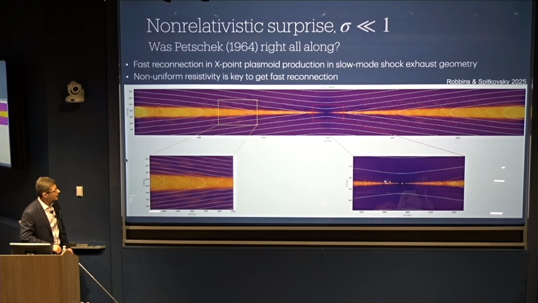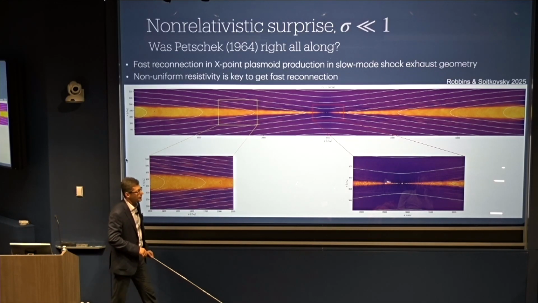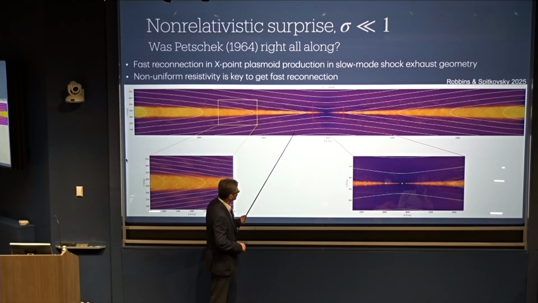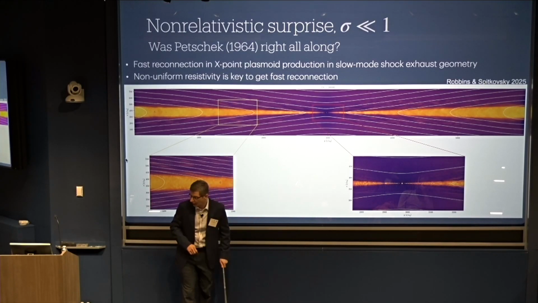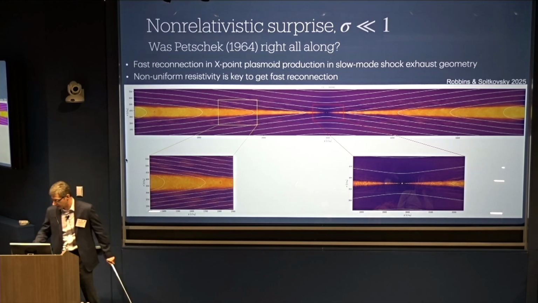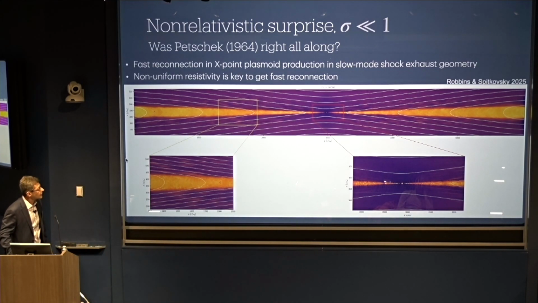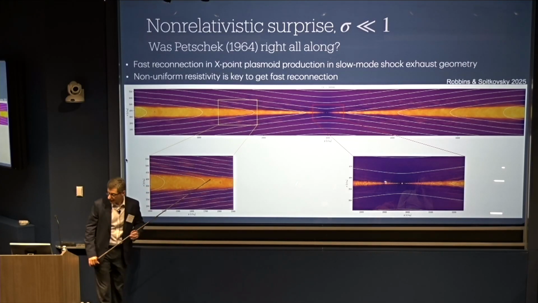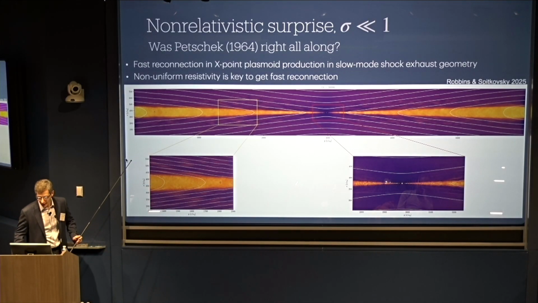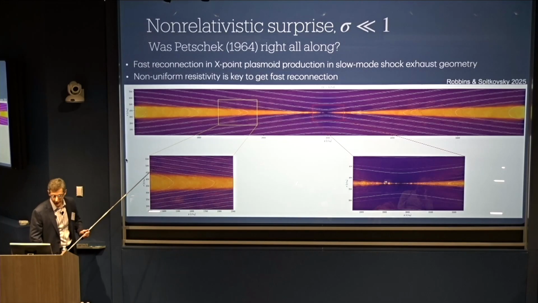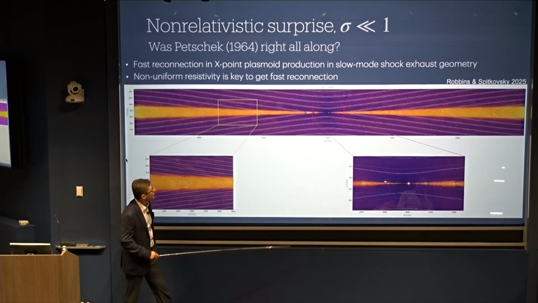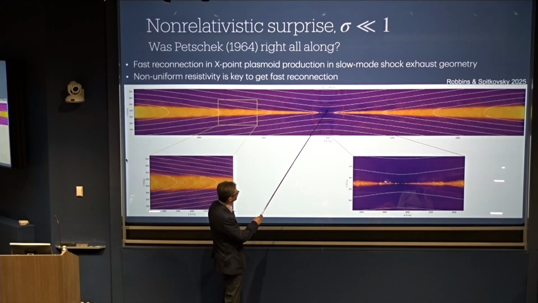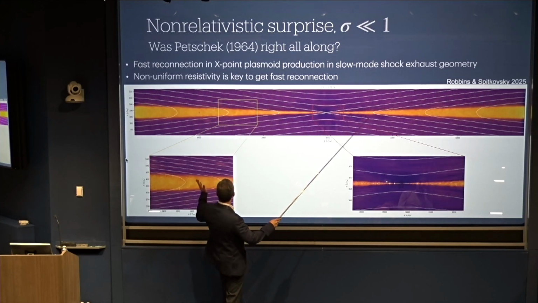What we found is that in a simulation of sufficiently large size, the current sheet no longer looked like an island chain. Instead, it looked like something different. It looked like what some people call Petschek reconnection. If I run this in time, what you see here is that reconnection does happen. There is the plasmoid chain over here. It's very tiny because it's a very huge box.